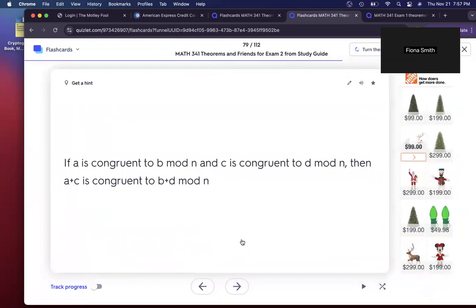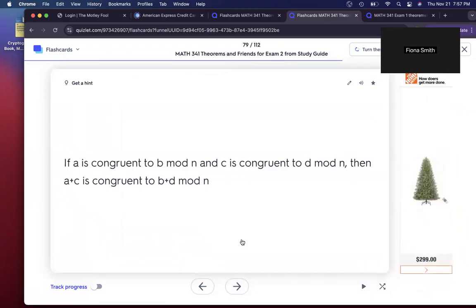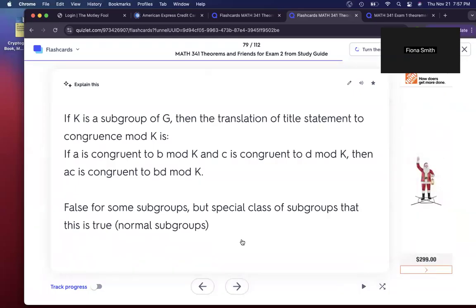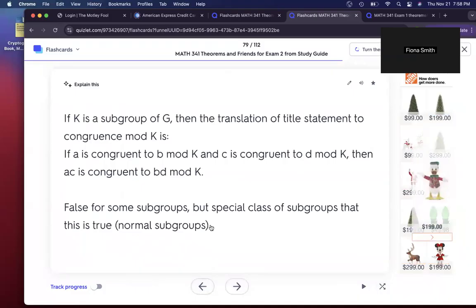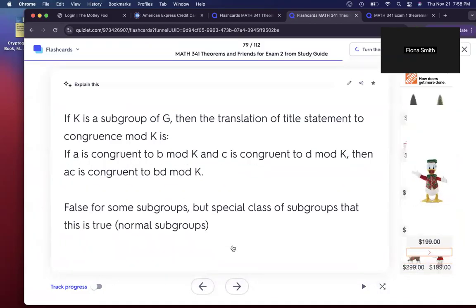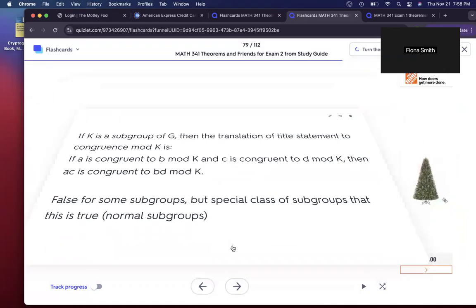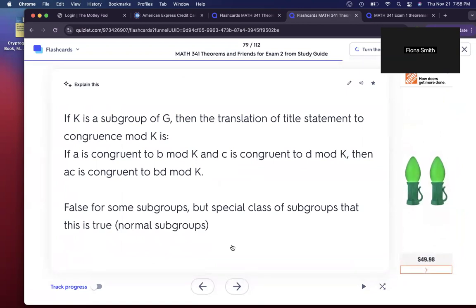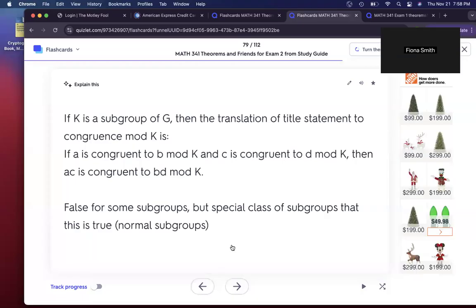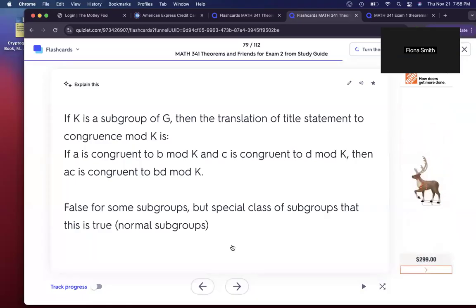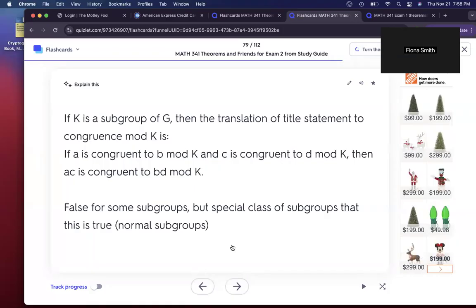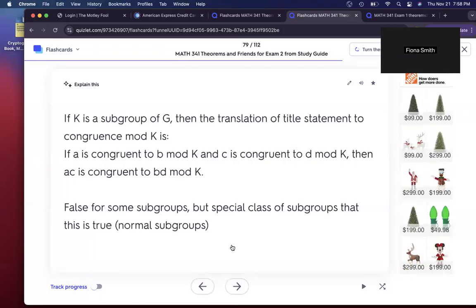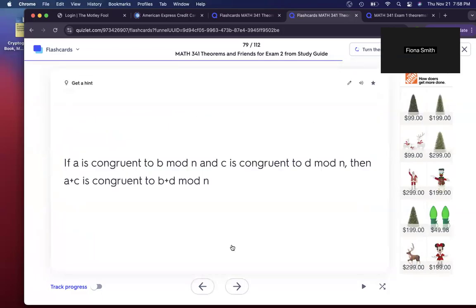If A is congruent to B mod N and C is congruent to D mod N, then A plus C is congruent to B plus D mod N. So if K is a subgroup of G, then the translation of this is to congruence mod K, right? Instead of mod N, use mod big K. If A is congruent to B mod K and C is congruent to D mod K, then AC is congruent to BD mod K. This is false for some subgroups, but the special class of subgroups for which this is always true is normal subgroups. So this card is leading us into